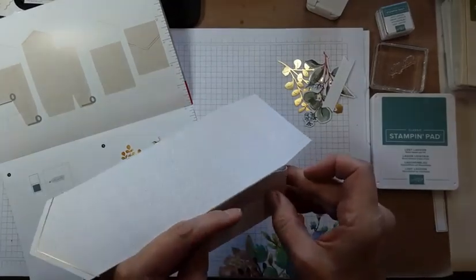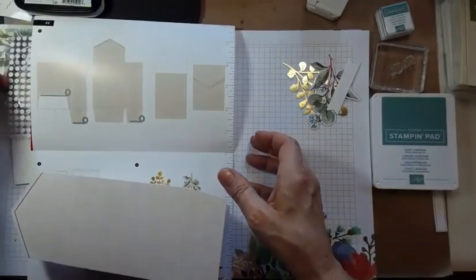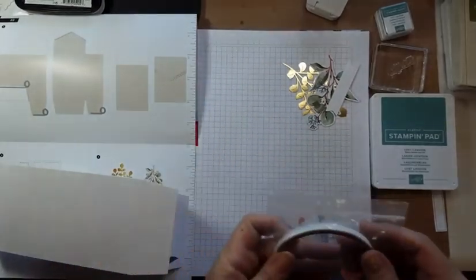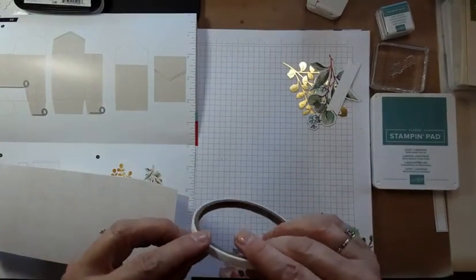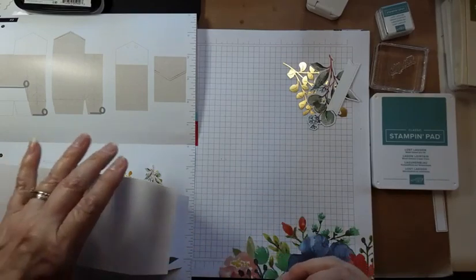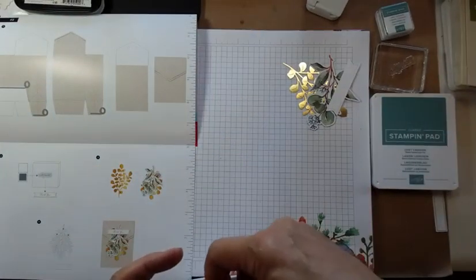Okay. All right. So then we're going to put a little, here, let's grab our tear and tape. These are going to be a little fiddly, so be patient. Don't try and rush it, okay? If you're going to make them as bags, don't rush it. Just give yourself time to pinch them the way you want them. So we're going to have tear and tape on the inside of one of these,